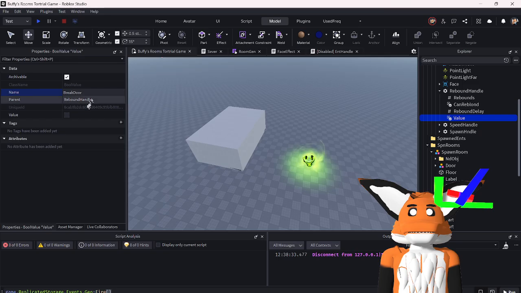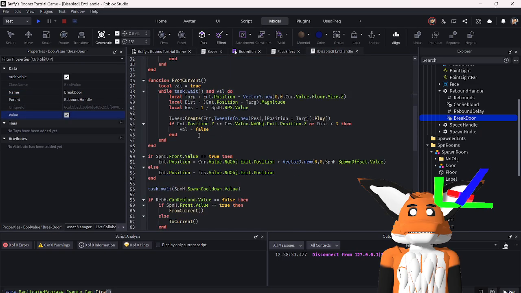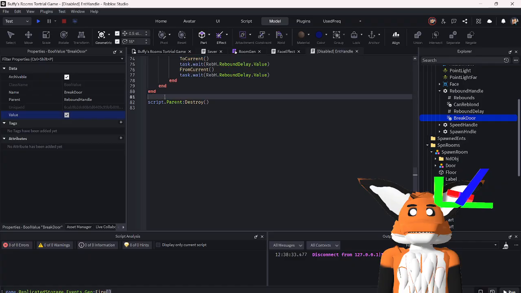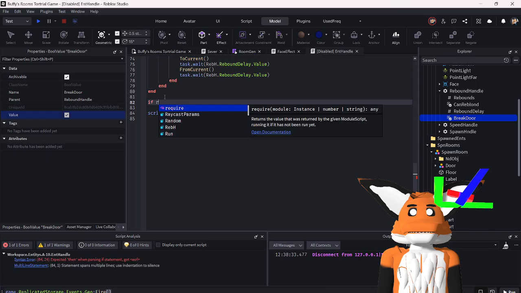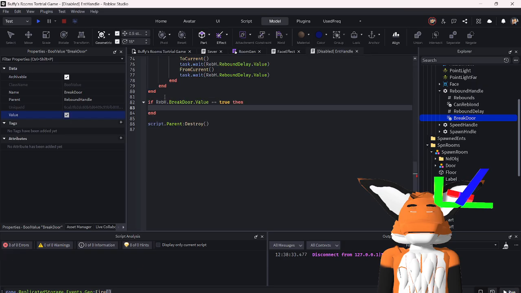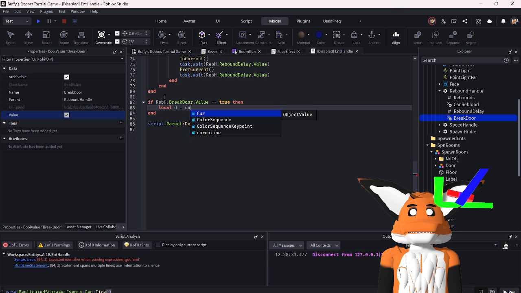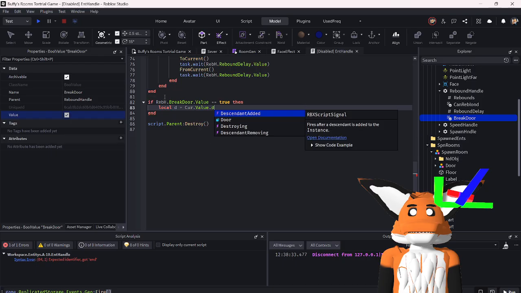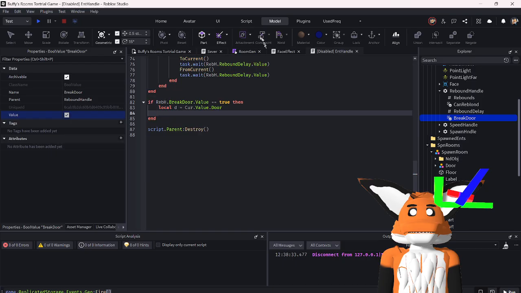I'm going to set that to true, and if Rush dot break door value is true, I'm going to first go D equals value dot door, and then we're going to go in replicated storage